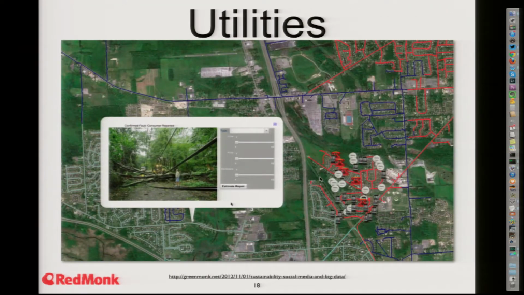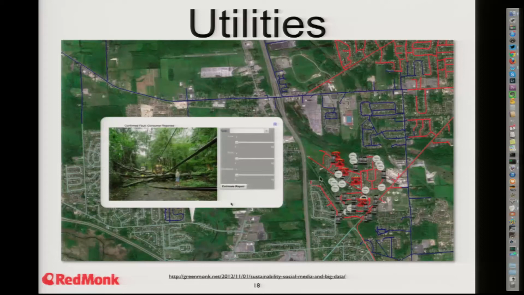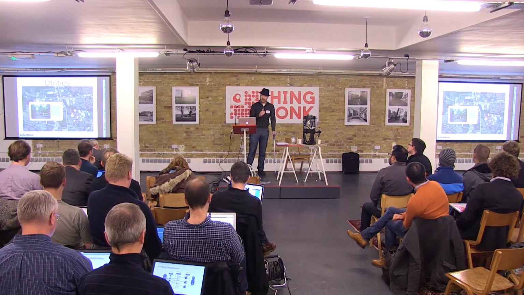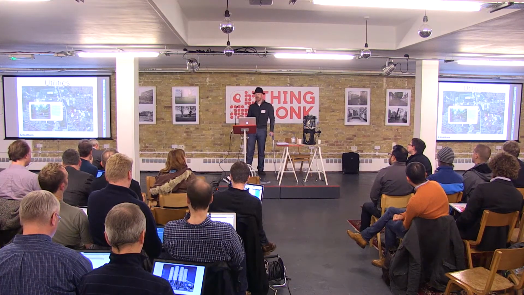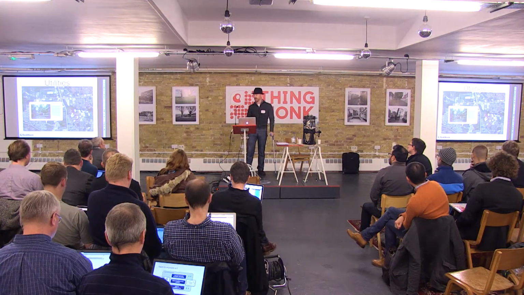Utility companies are starting to use social media increasingly for outage management. So GE have got this Grid Insight application, and what they do is if a utility company has an outage in their area, they can look for mentions of the outage on social media channels. And in this picture here, you see someone has tweeted a photograph of a tree which has taken down an electricity line. So now they have a good idea what the issue is, and this is in real time. So instead of having to send out an investigatory truck roll, they just send out the vegetation truck roll. And that cuts down massively on the time to get the outage fixed and get people back live again.